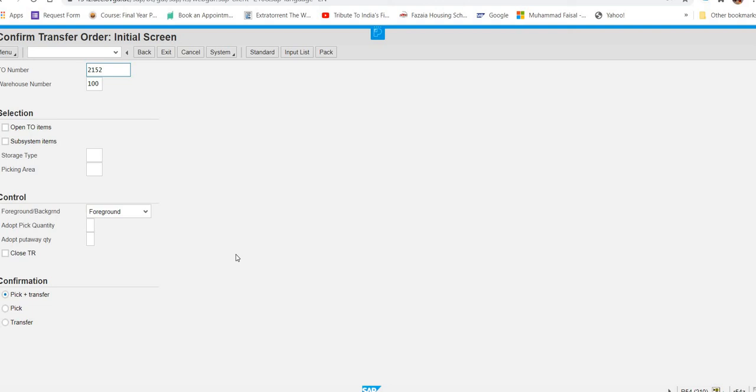now here what is required, you will put your PO number. See, it is coming automatically. If it will not come, just type here as you create this in the previous system. Warehouse number is 100, and then what you are going to do, you will just press enter.